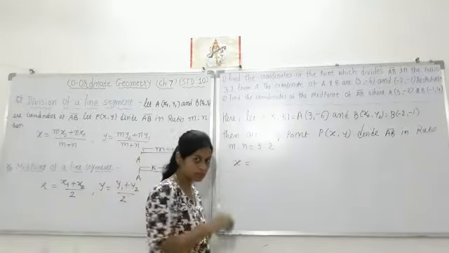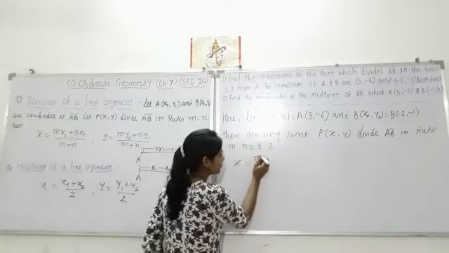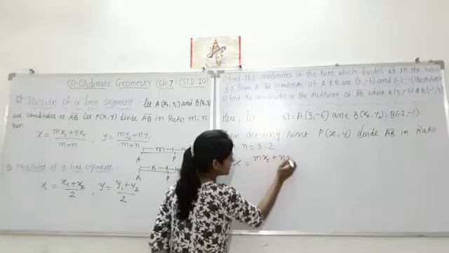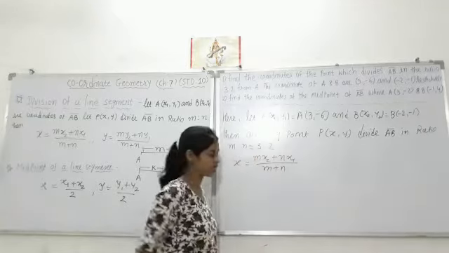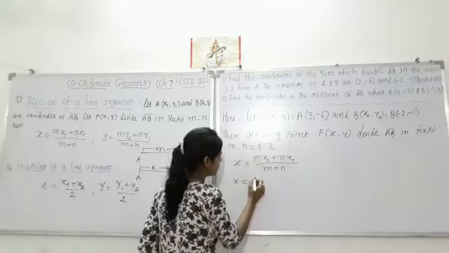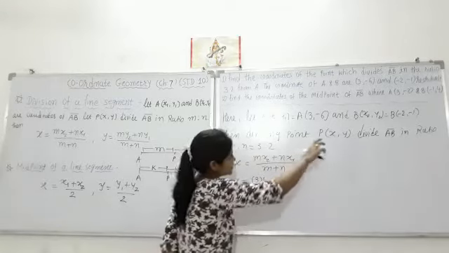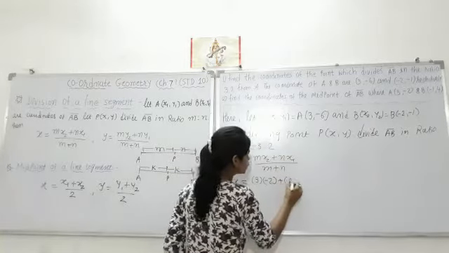Now by the division of a line segment formula, x is equal to mx2 plus nx1 upon m plus n. Put the corresponding values. x is equal to, instead of m you write 3, x2 is -2, and n is 2,